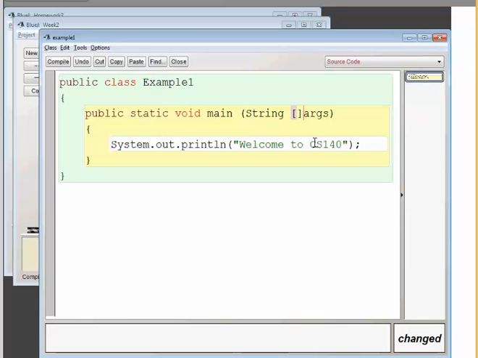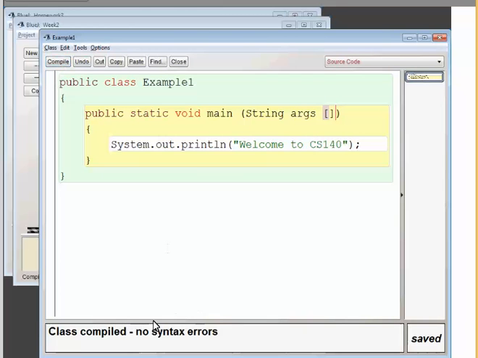Now let's try. I promised you that these brackets you can have them after the args. Like, let's try if this works. Now let's compile. It works. Okay, so you have no problem. You can have this or that. Okay, so let's experiment further with the program. And then what shall I do? Okay, what I will do,